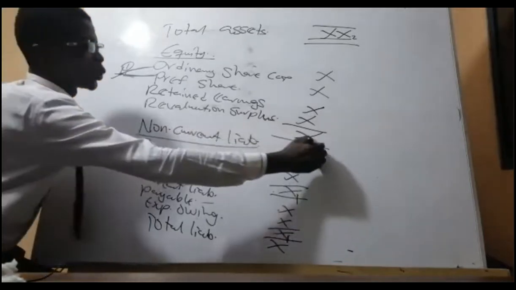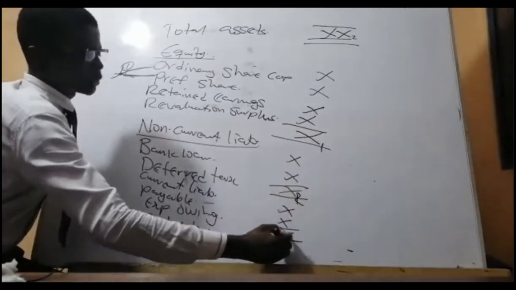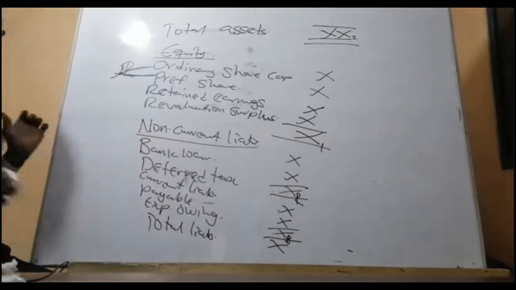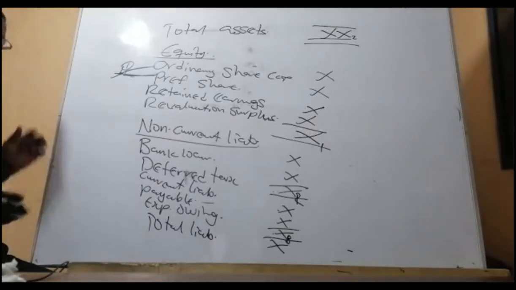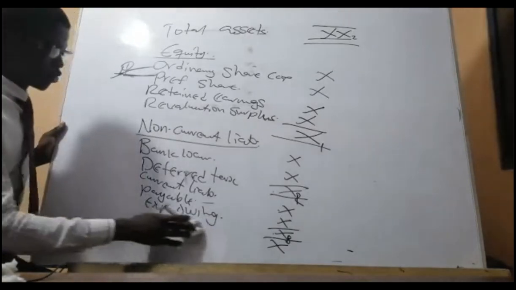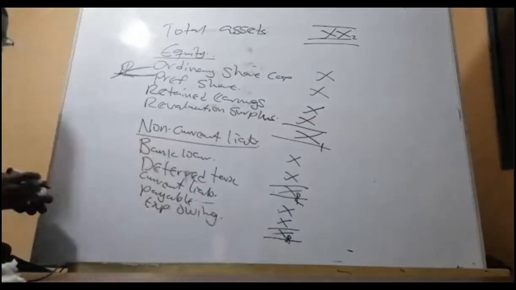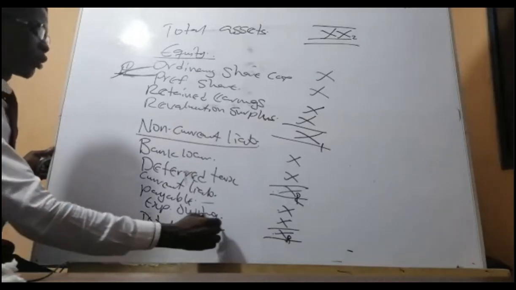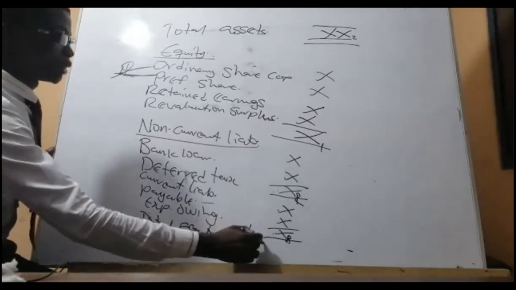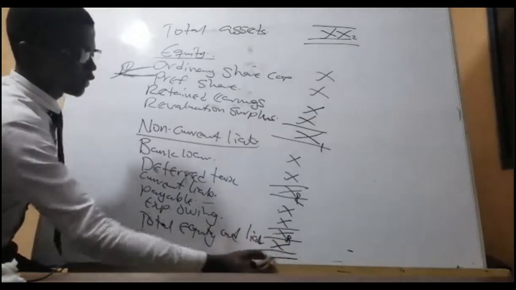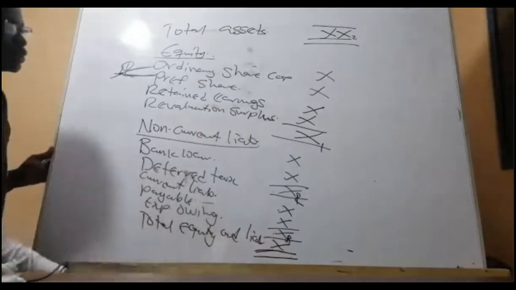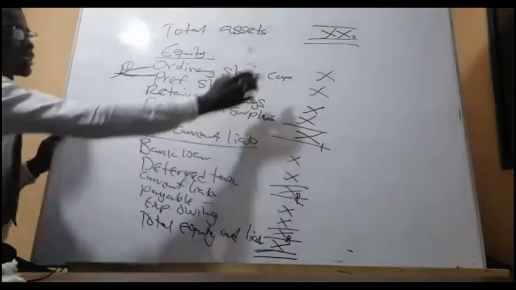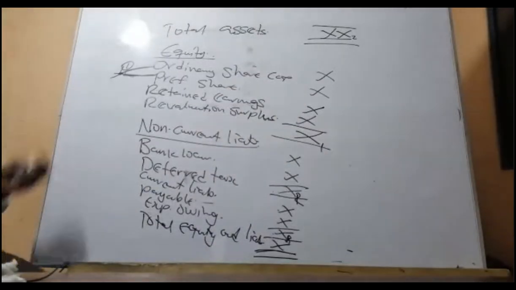This is the equity, one, plus this one, two, plus this one making three, right? So that means if you don't want to bring the total liability, it's also allowed. You understand, the exam may want you to move fast, so you can also do that. So total equity and liabilities. Then it has to balance with the total assets. So this is the format.